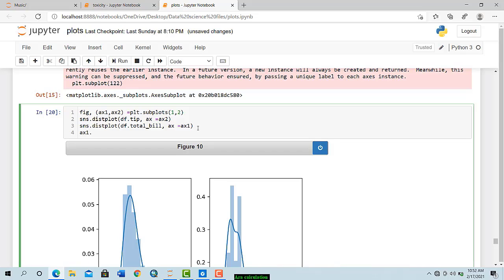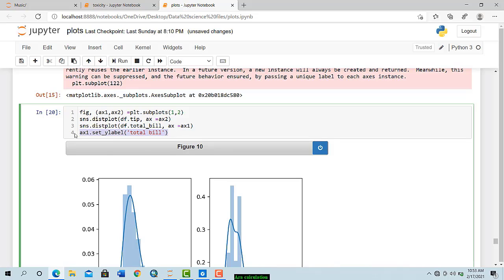For axis 1, our label is going to be ax1 dot set xlabel. Okay, now what you want to say, right? Our x1 is total bill. Xlabel always same, so we're just going to write ylabel. Ylabel is here total bill,